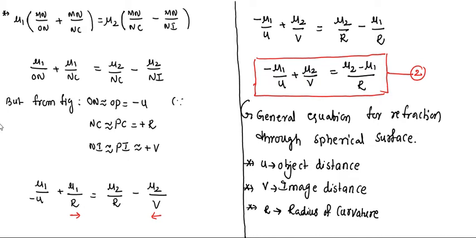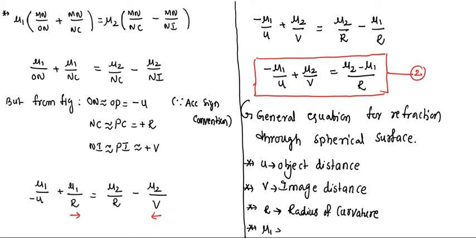According to the sign convention, right? Plus and minus we have to consider. All the distances on the right side of the pole are positive, and on the left side of the pole are negative. Okay, are there any other terms? What is the new one in this?